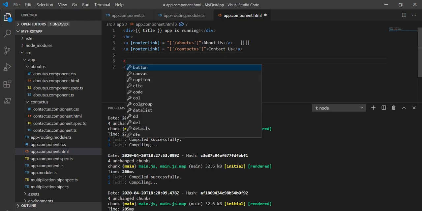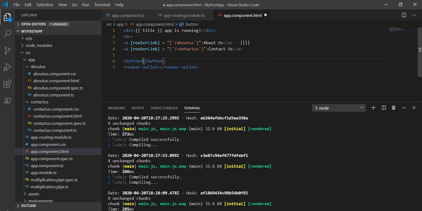I will create a function, and I will name it dynamic router.